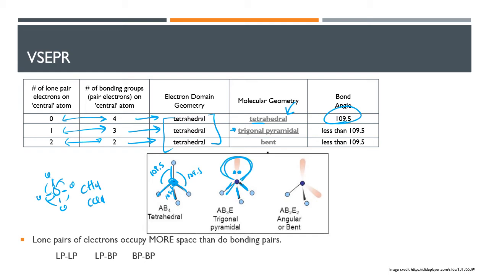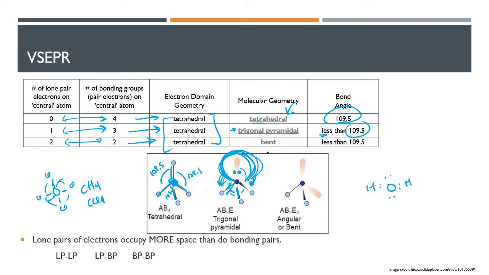And so we're going to go from that idea of trigonal planar, where these 3 guys were spread out fairly evenly at 120 degrees. But now we're going to have these lone pairs of electrons here pushing down on these guys. And so we're going to end up with 1, 2, 3, 4 groups of electrons. That's a 109.5 degree angle. But because these guys take up more space, we're going to push it down a little bit, and it's going to be less than 109.5. What if, like water,